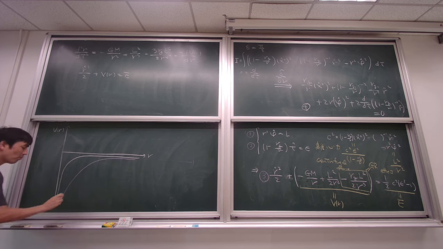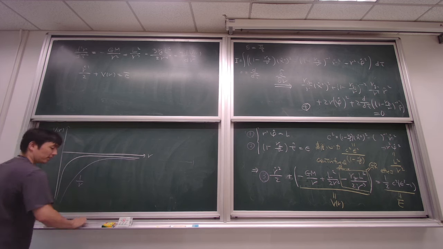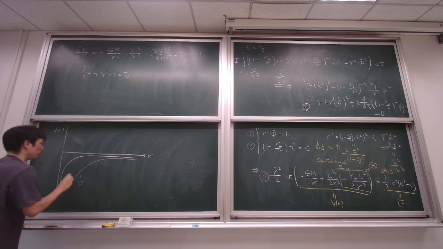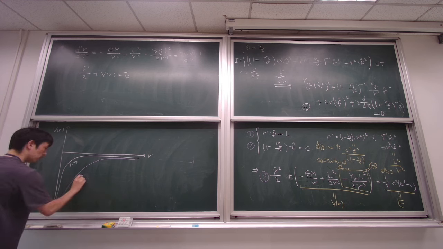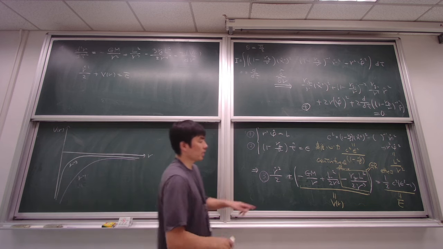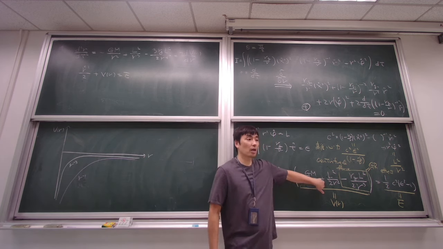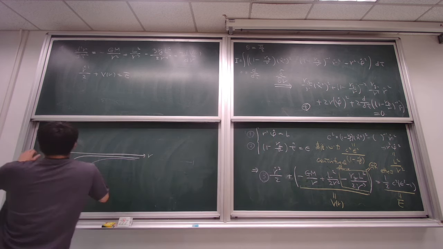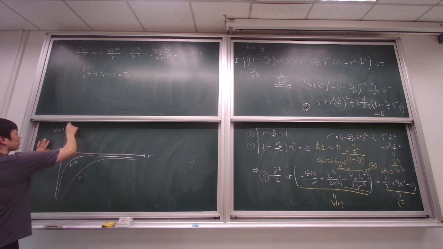So this is 1 over R. And then this is 1 over R cubed. And then here, the second term is a plus sign, okay? So plus sign, so therefore it becomes something like